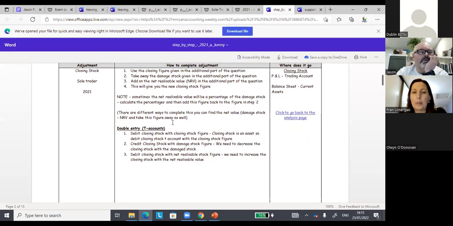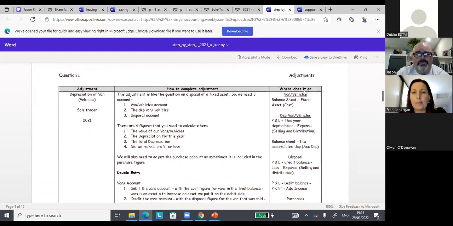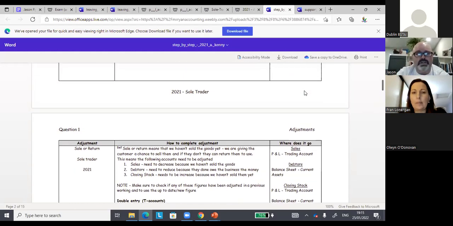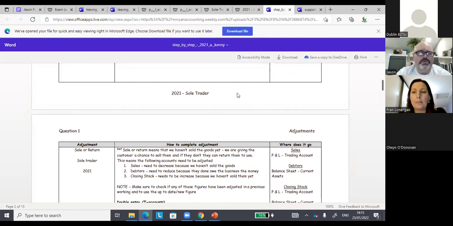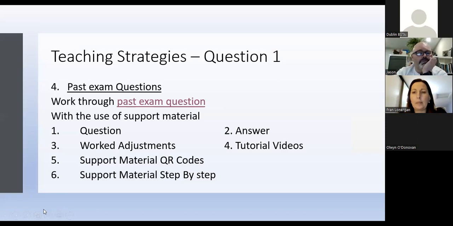They mix them all up, pass them to another group, and then put them all out on the table. For the closing stock adjustment, they have to find the correct card that says how to complete the adjustment, and then where it goes in the accounts. I started that this year with them. Some of them liked it. Some of them like just having the document as a support. Some liked having the matching game as well. So it varies it.